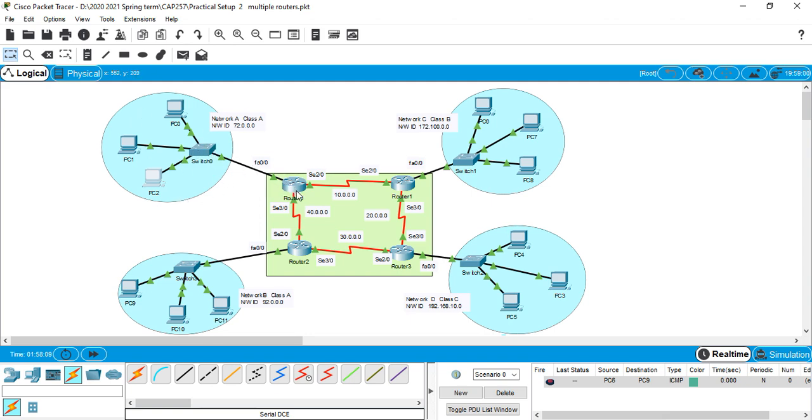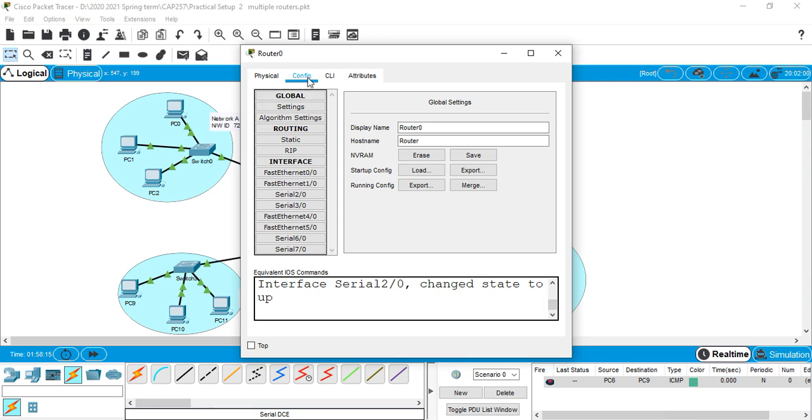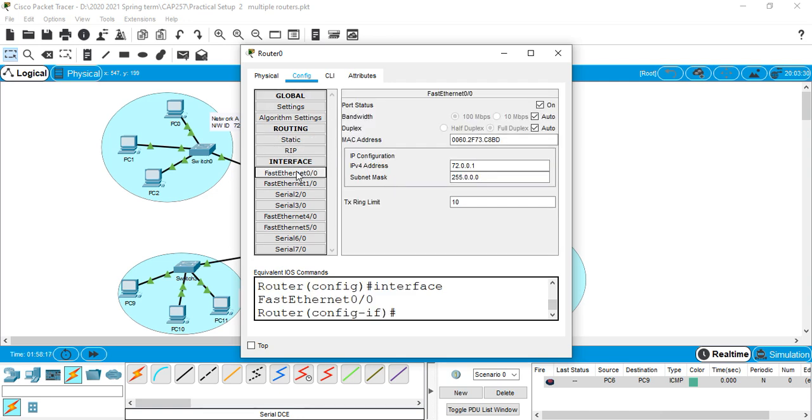For example, in router 0, fast Ethernet 0/0. Click on the router, go to configuration, go to fast Ethernet 0/0 and write here 72.0.0.1 and do not forget to switch on the port.